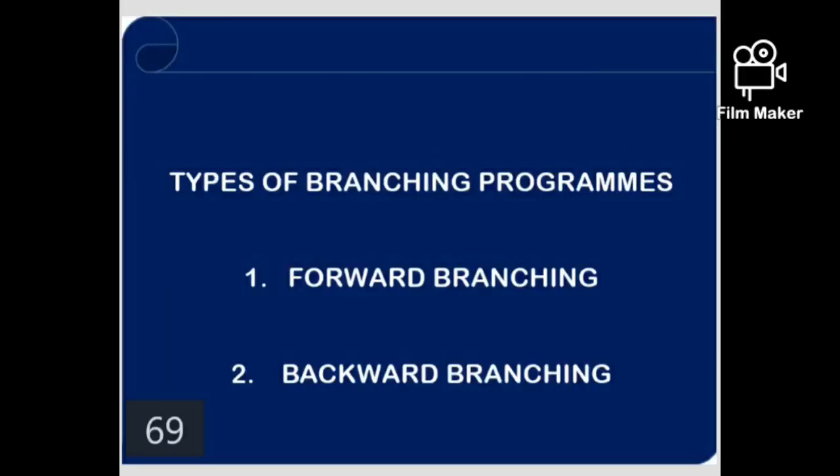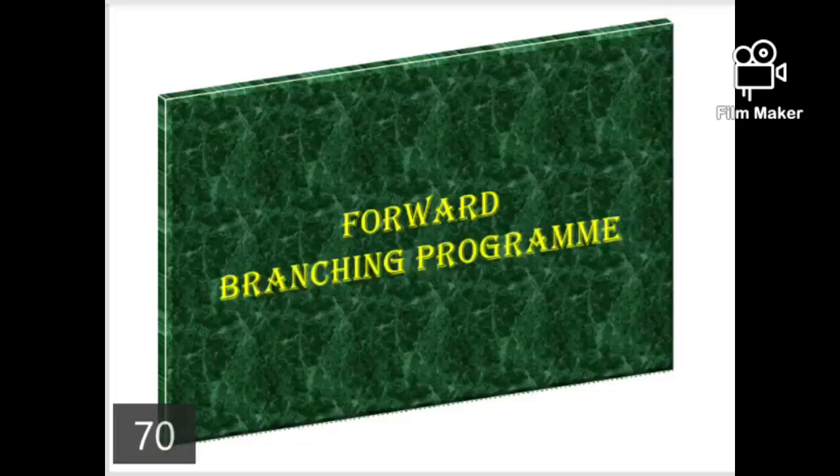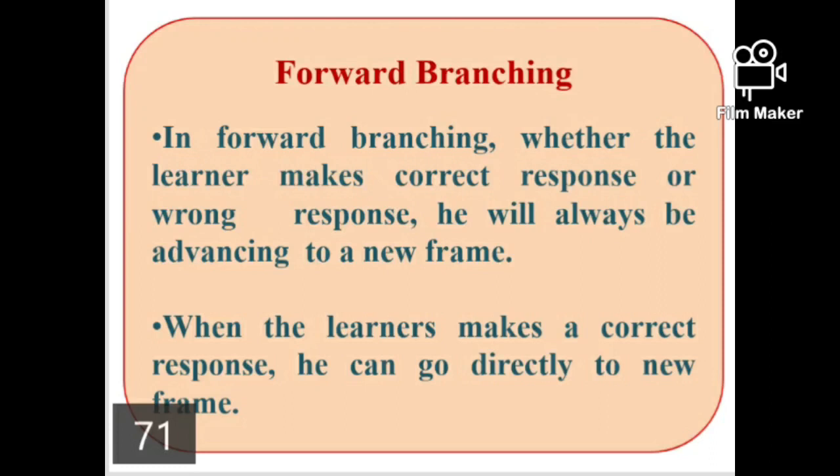Types of branching programs. 1. Forward branching. 2. Backward branching. Forward branching program. In forward branching, whether the learner makes a correct response or a wrong response, he will always be advancing to